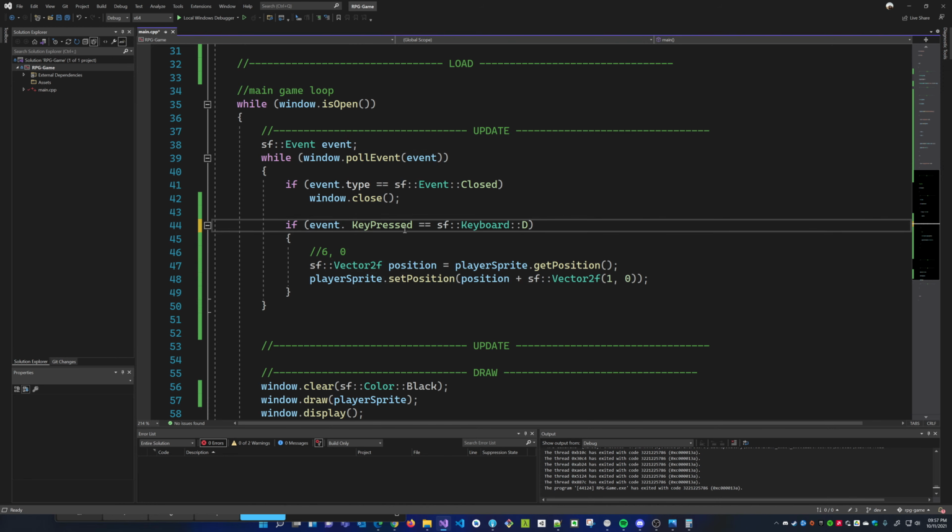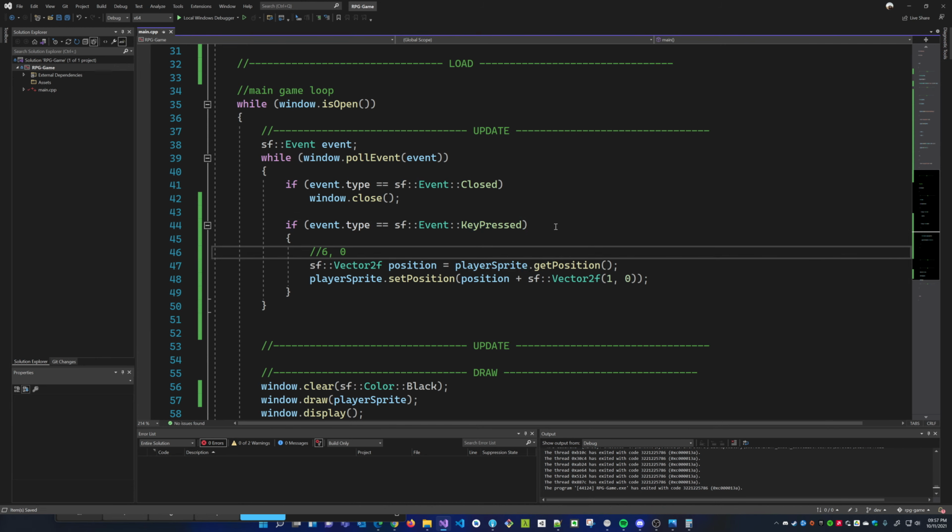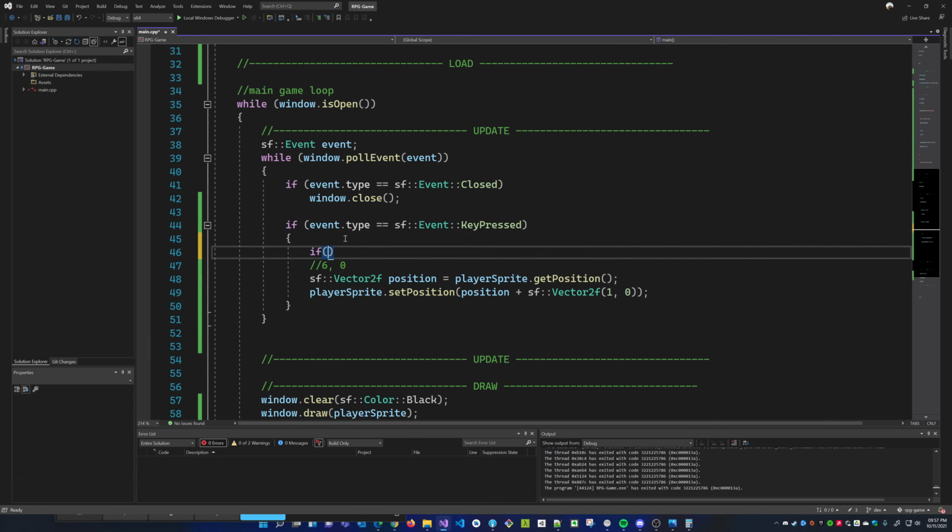So it should be if event type equal to SF event key press, right? If the event is I pressed my key, and then so if I pressed my key, I need to check what key I pressed. So if event dot key is equal to SF event key.